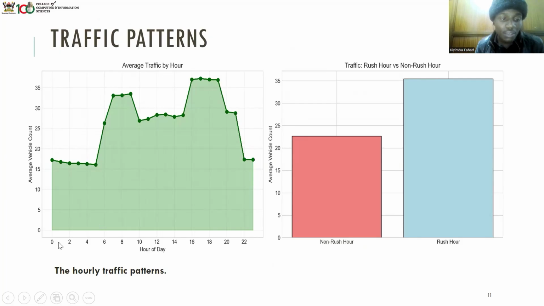We can see that in the morning hours, traffic starts to spike at around 4 or 5 when people are getting to work, just like you could see here. It spikes up to around 7. Then it stabilizes. It becomes around constant there. Then it falls when people, I think, have already reached their working places. It's around 8 or 9.